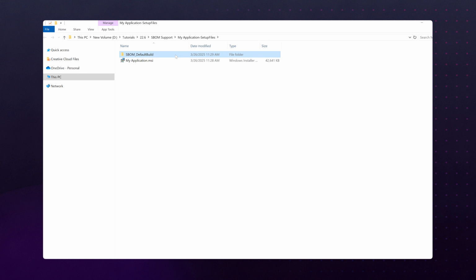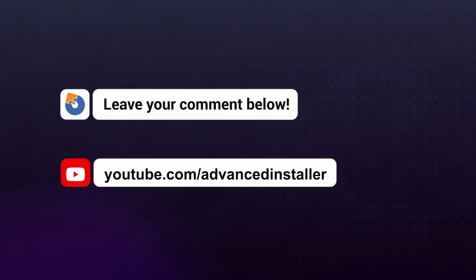So with SBOM generation now fully integrated into Advanced Installer, managing your software components and ensuring compliance has never been easier. We hope you enjoy using the SBOM feature in Advanced Installer,